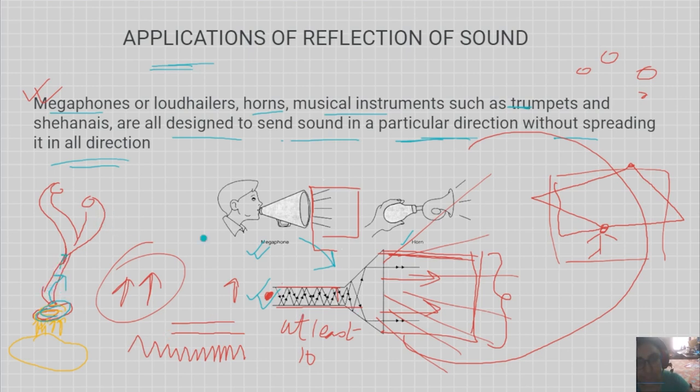Now, as it was happening here also, the same thing will happen here, that is, the sound is being reflected very fast, so the intensity remains the same, so that when it reaches the doctor's ears, the intensity is exactly the same, if not more, and it is confined only to the ear, right? Like if you stand here, you won't be able to hear it, only the doctor is able to hear it inside his ear. So it is a similar concept to that of a megaphone.